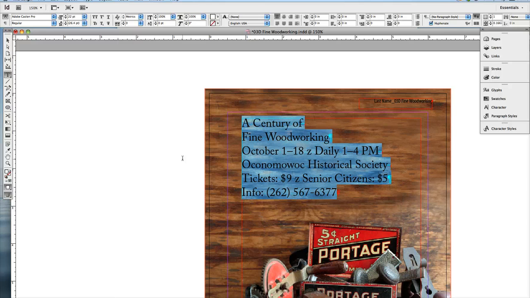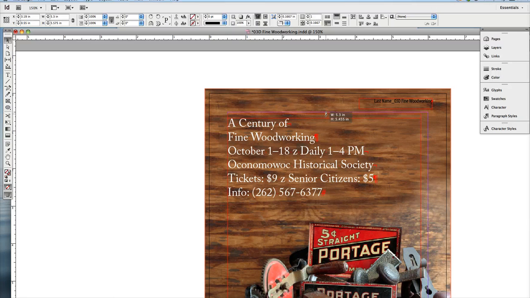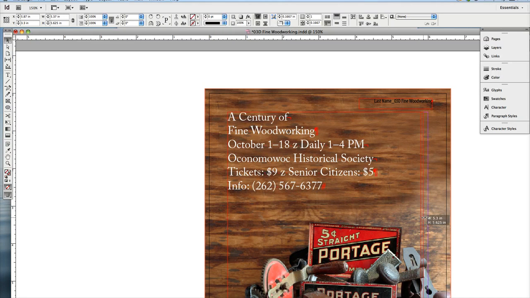And let's see. Also, I just realized that the text frame needs to be along the margin. That was one instruction. So I have to make sure that it's along the margin. And then now I'm going to add the spacing between the paragraphs so that it can kind of